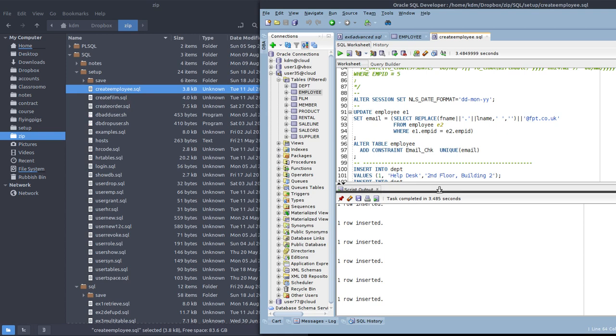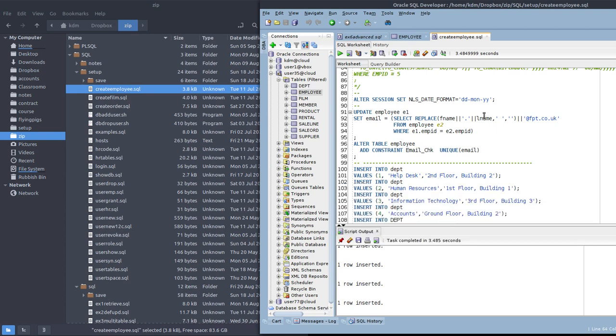So to make their email addresses, I altered the dates back to the default, which is day, month, year, and then I update the employees. This is E1, setting the email equal to and selecting first name concatenated with last name, like that,